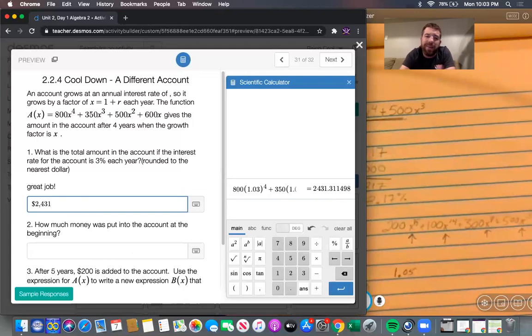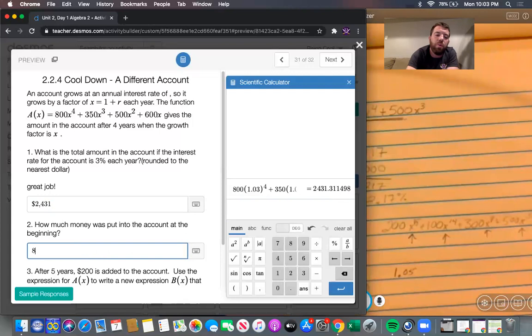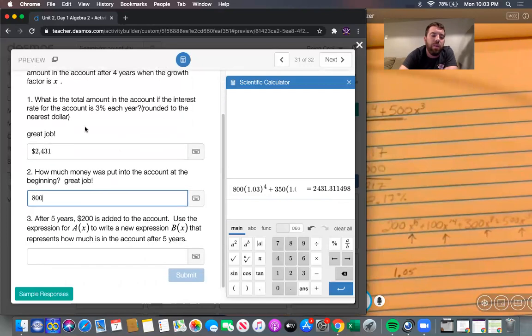Okay, how much money was put into the account at the beginning? How do we know that? Hey, 800. It's our leading coefficient right here. Again, numbers in front of the variables are called coefficients. This is my leading one. It's tied to the highest power. After 5 years, $200 is added to the account. Use the expression for A of X, write a new expression, B of X, that represents how much is in the account after five